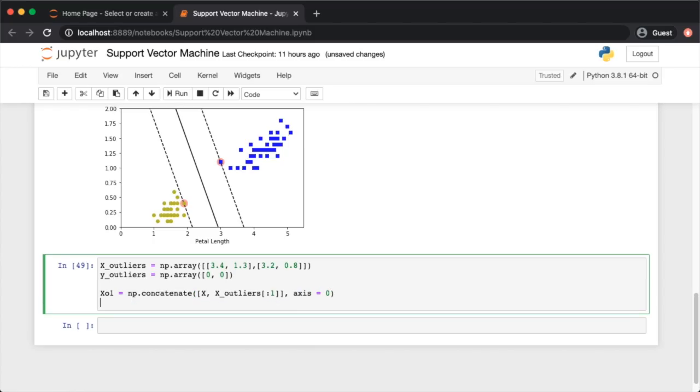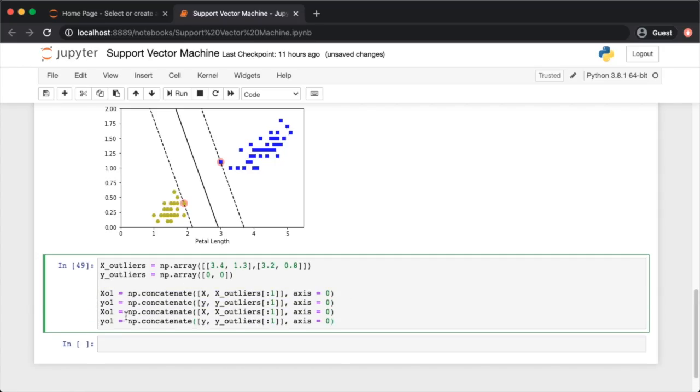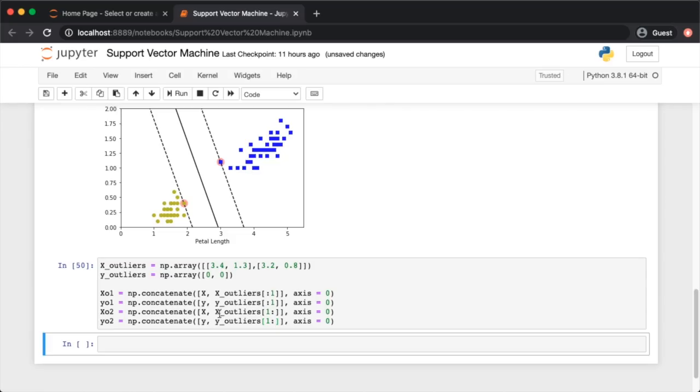Along the 0 axis, and its corresponding Y01 is using the same thing. Copy paste it here. Y over here and Y over here. And X02 is the one containing the second outlier. As such. Okay? Now,